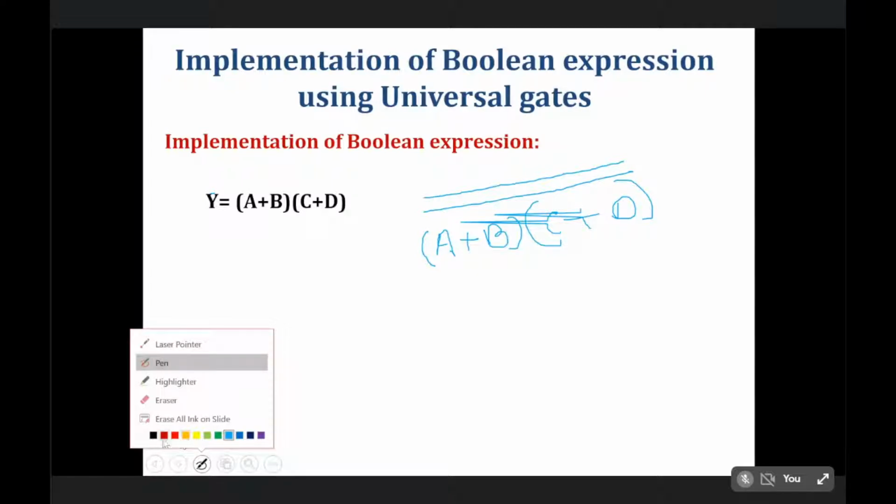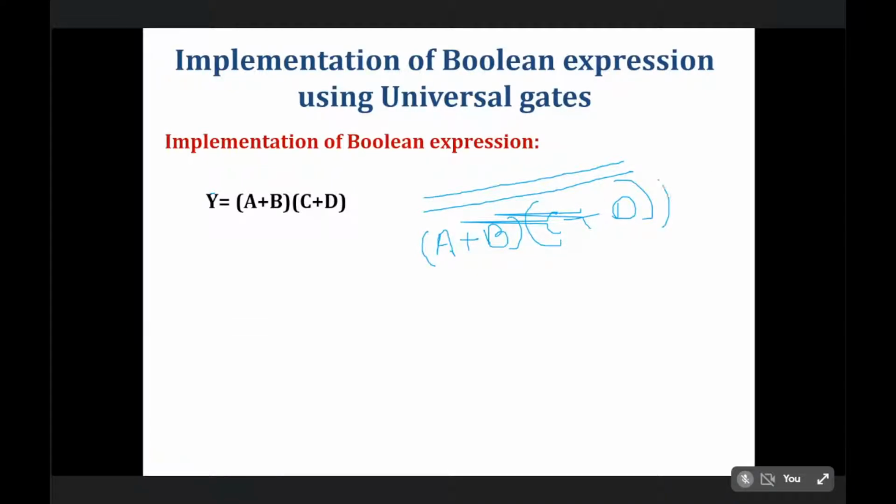Next, convert this according to De Morgan's theorem. Suppose this is one variable and this one is another variable. By considering them as individual variables, what we get,